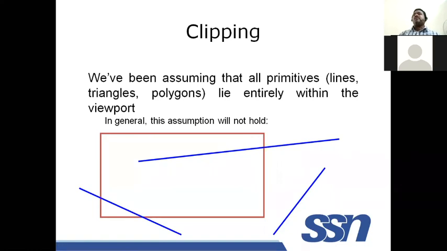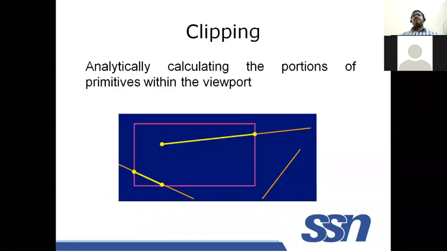Again, for this clipping algorithm also, I have explained with some numerical example. That numerical example can be extended, and coding has to be done. Coding you can do at your own pace. Now, what is clipping? By definition, it is analytically calculating the portion of primitives within the viewport. If you look at this diagram, the pink color rectangle referring to the viewport, this portion will be visible. This portion will be visible. This is invisible. This portion is invisible. As I said in the previous slide.